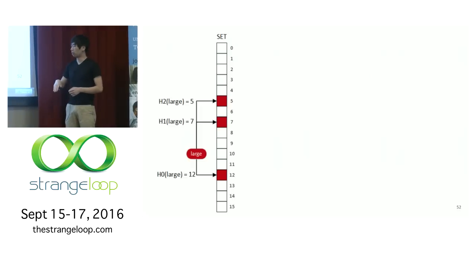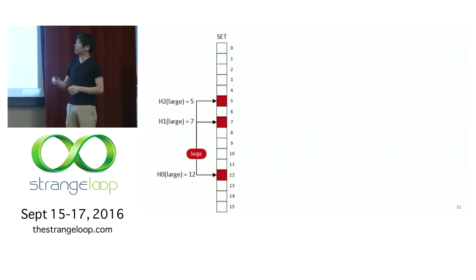So anyway, we take the term large, we hash it with 3 different hash functions, and we hash to the locations 5, 7, and 12 in this bit vector. So if we insert this term into this bit vector, we set locations 5, 7, and 12. So these are 1s. The number 3 is arbitrary. We'll talk about how to get some number later. But for now, let's just say we have 3.